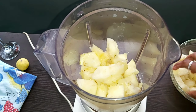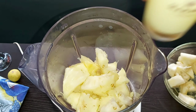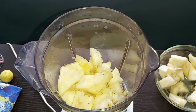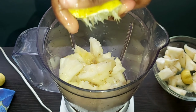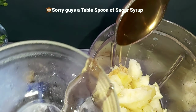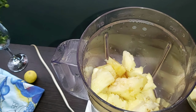it into my blender. So after adding my chopped pineapple into the blender, I'm taking my shot glass of lemon juice, adding that to it, and as well squeezing in my sliced half lime into it as well, and adding a teaspoon of sugar syrup to it, just to give it an extra taste, since I like my juice a